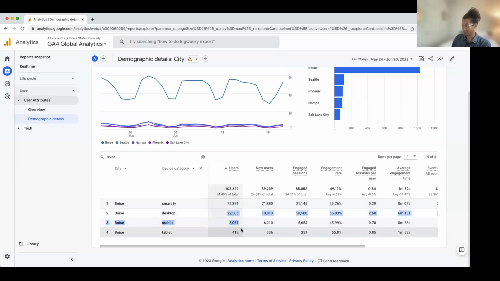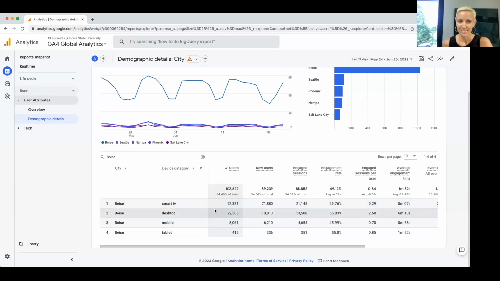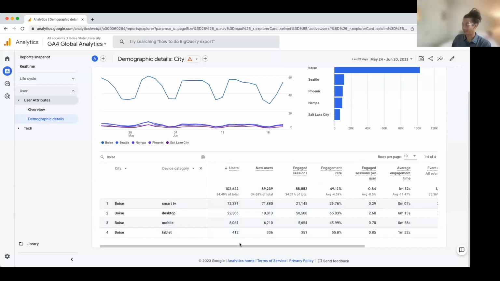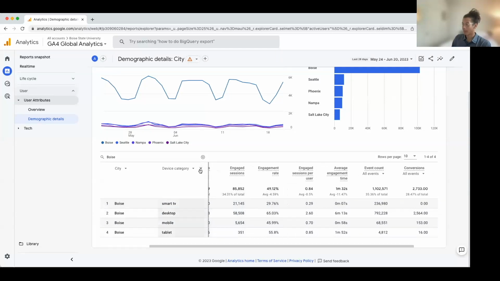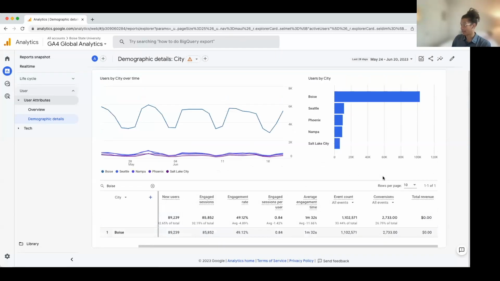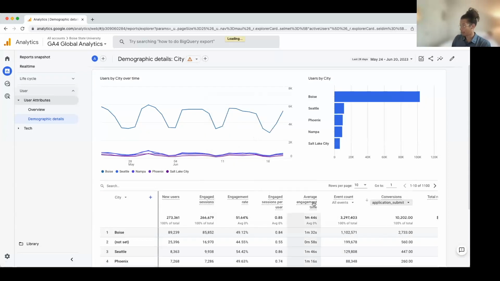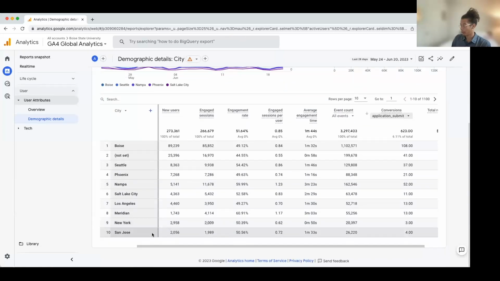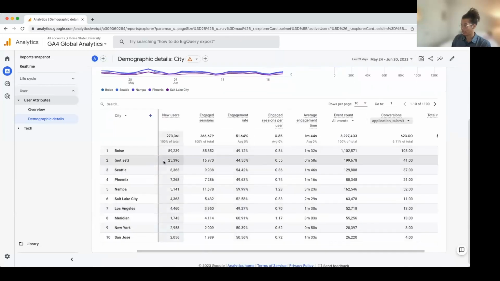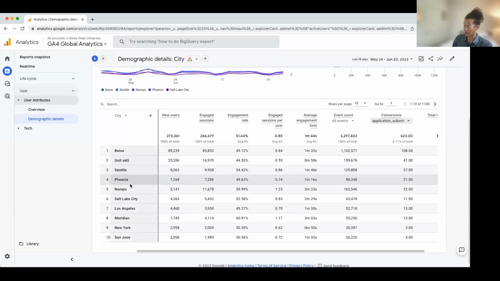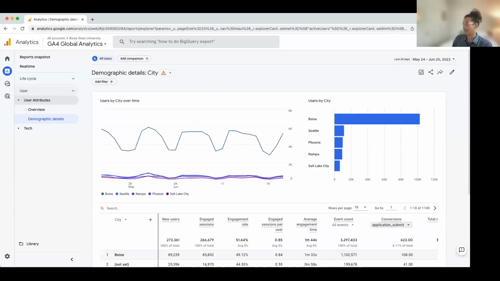Pretty interesting. Strange. But also if we close that out, we can see where a lot of these app submits are coming from. So we can see Boise in the lead, then quite a bit not set, but Seattle, Phoenix. And again, this is only looking at less than a month's worth of data.